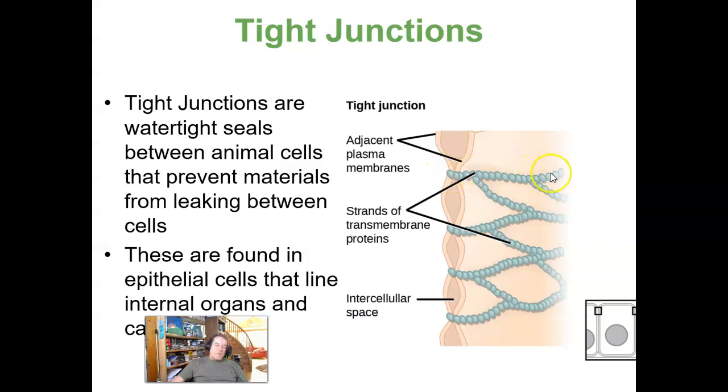And then there's a whole bunch of those running around, keeping the two sets of cells closely attached to each other so that we can make a watertight layer of continuous cells where the only way to get into what's underneath this epithelium, we can't go between cells,